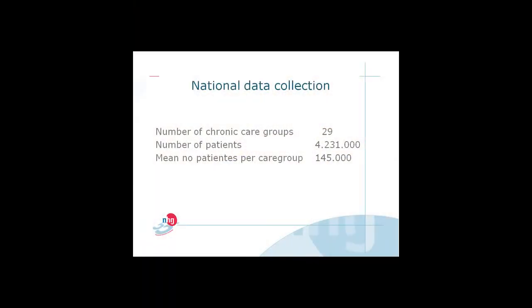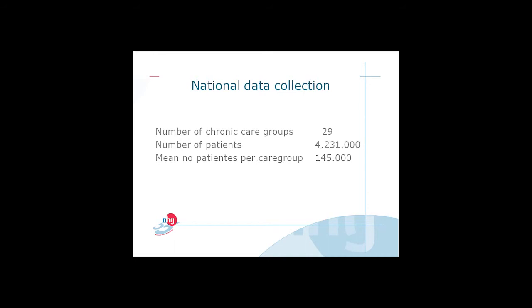But we seem to be successful in slowly getting a change in this. Well, we have our first exercise in national data collection done. Of the 100 chronic care groups that we have in the Netherlands, 29 participated in getting their figures done. That is for a population of more than 4 million people. And the mean number of patients per care group was